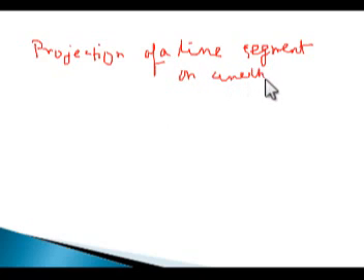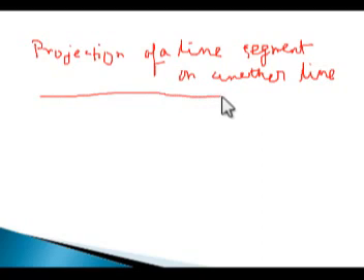So here it is different from what we found earlier, the projection of any line segment on the Cartesian axis. But here this is different. We have to find the projection on another line. So how can we calculate this? Here we first have to draw a Cartesian plane, with rectangular Cartesian axes.